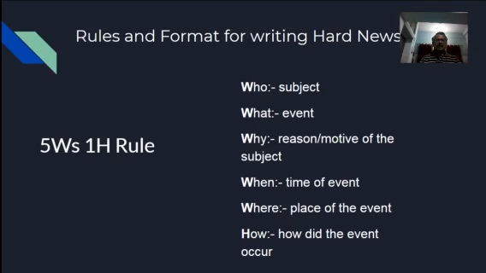So, while writing the hard news, there are typical formats, what is called 5 Ws and 1 H. This is a rule that is applied, and that generally covers who, what, why. So, when we talk about who, what, why, it is the subject that we are going to deal with, an event that we are going to cover, the reason and motive about the subject, time of the event, place of the event, how did that event occur. So while writing this information